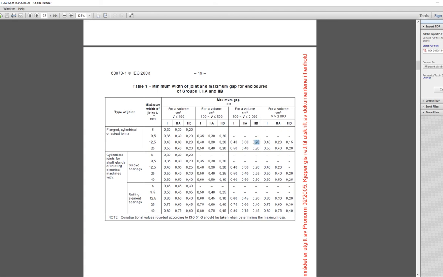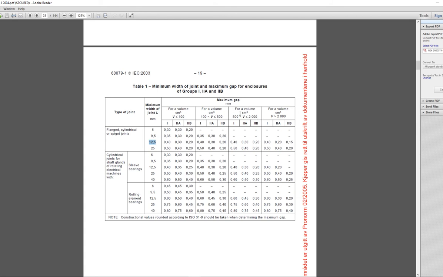So what is the minimum width of joint we must have? Now we have 12.5 and 25. Of course, I choose the minimum one, which is 12.5